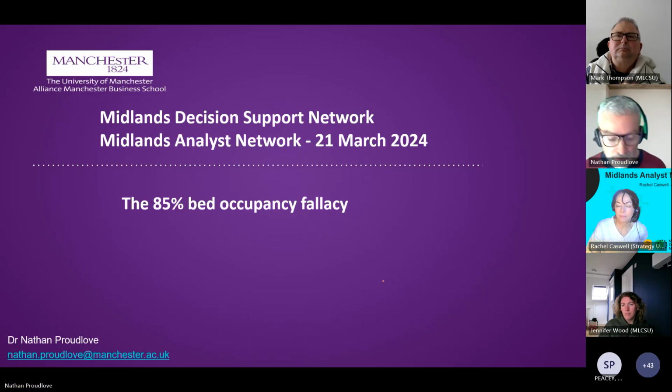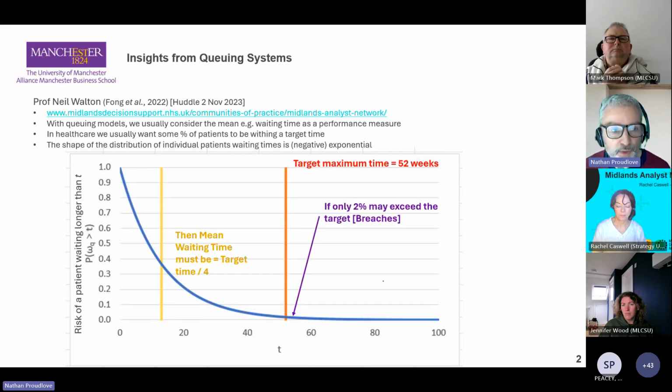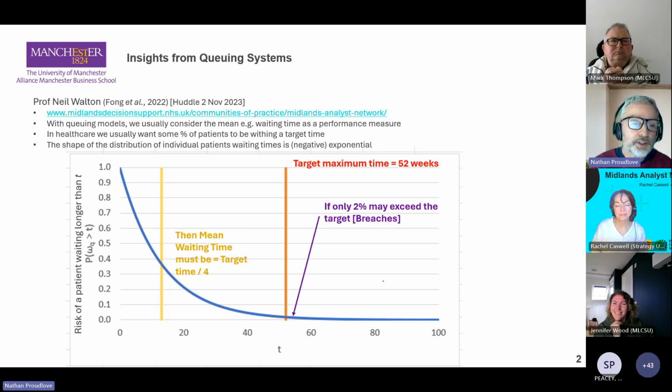Okay, so this little talk today is in a way a companion piece to one that Neil Wilson, late of this parish, gave before Christmas. He was a maths professor at the University of Manchester. He's now moved on to Durham. But with some other people at the Trust at Manchester, and Kevin Wong, the A&E doctor, and some mathematicians at the university, he looked at what queuing theory had to say about